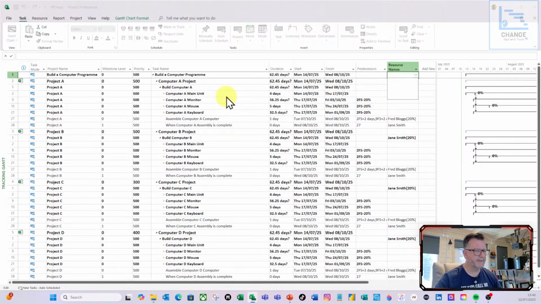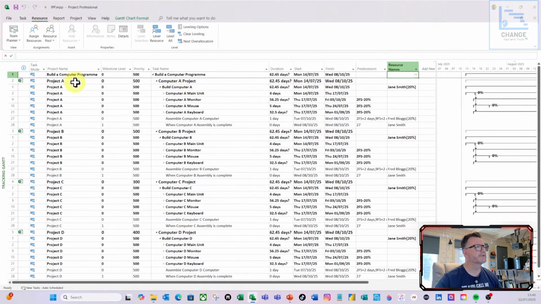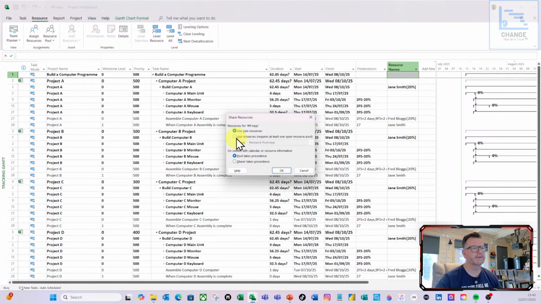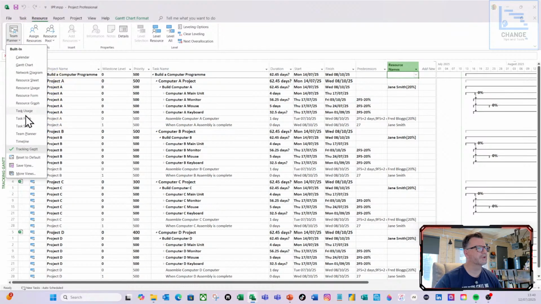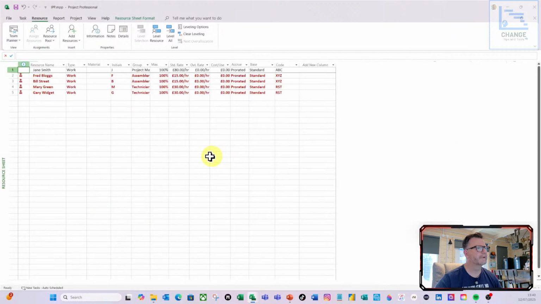So escape out of that. I'm going to do resources, resource pool, share resources, and again do the drop down, and I'm going to select the resource pool there and then click OK. And as if by magic, they all appear. So if I go to the resource sheet here,